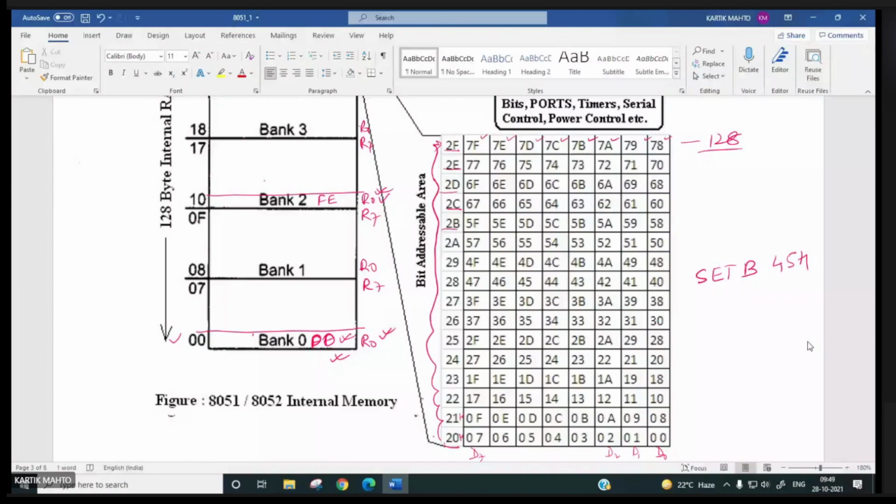These many bit addressable bits are there, or 16 bit addressable locations, 20H to 2FH. Now, if I write this instruction, SETB 45H, what will happen? It will change only this bit at this location.